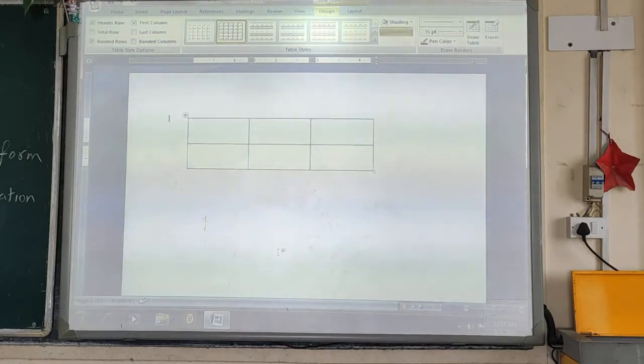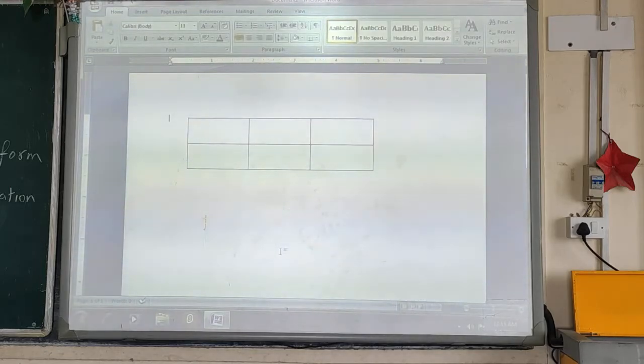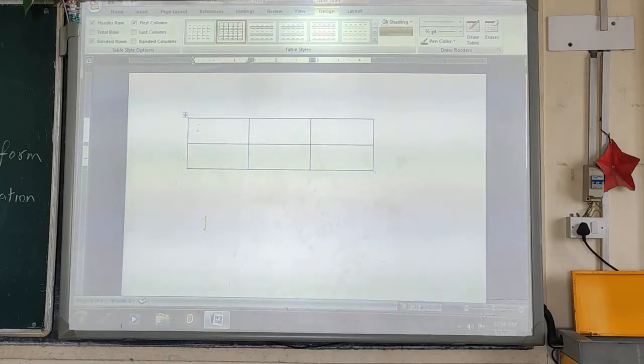Now, our next motive of creating the data table was to display the data in tabular form. So, suppose now you have created a table and you have to write within it. So, how to write it?